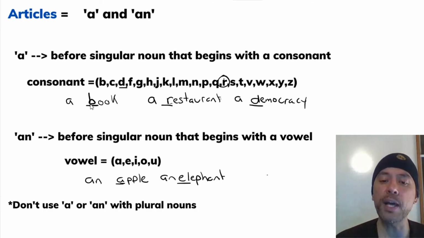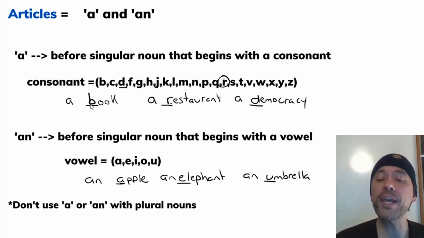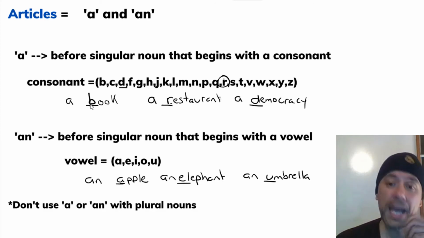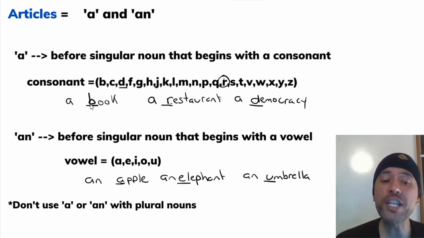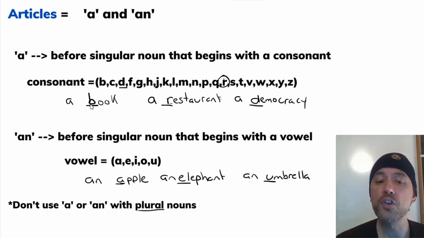I can also have umbrella. Umbrella begins with the vowel U, so the vowel goes with the article an, and I will say an umbrella. Now please notice that we don't use a or an with plural nouns. So for example, I said book was just one, right? But if I had books,